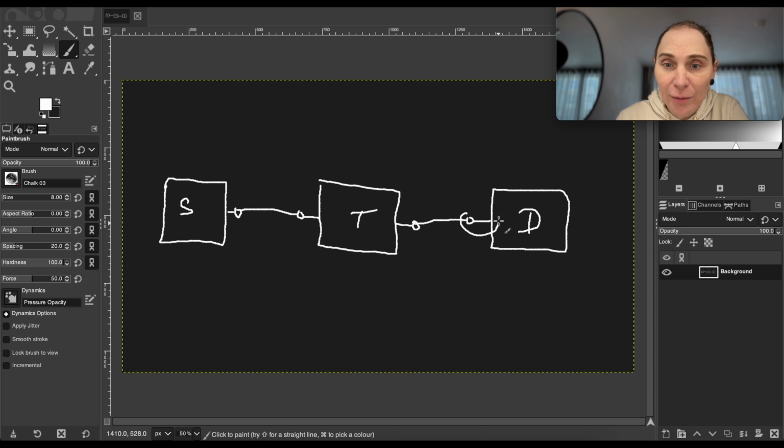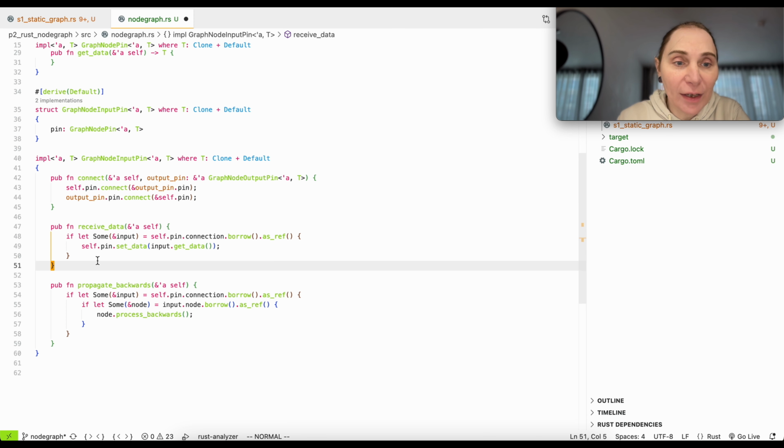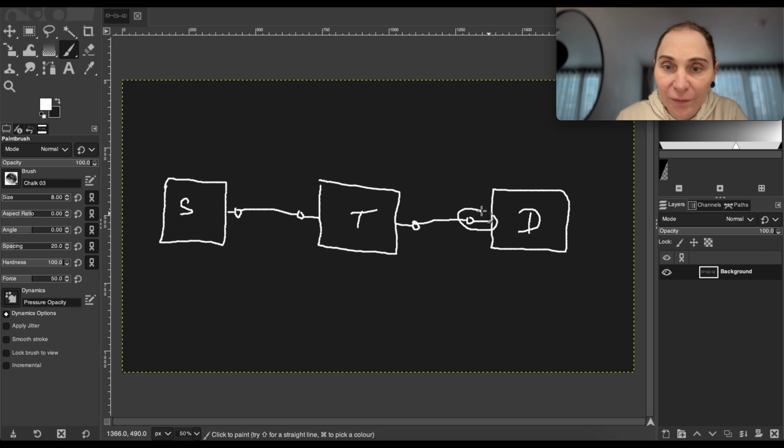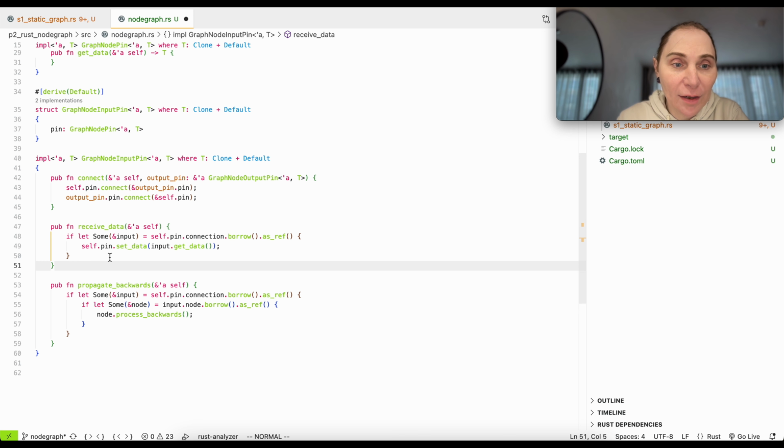so this is the input pin. First it connects this pin to this output pin here, and then it connects this output pin to this pin, okay? The receive data is also very similar to what we have in C++. So for this input pin, it will retrieve data from this output pin, okay? As we can see here, we call set data on the current pin using the get data on the input